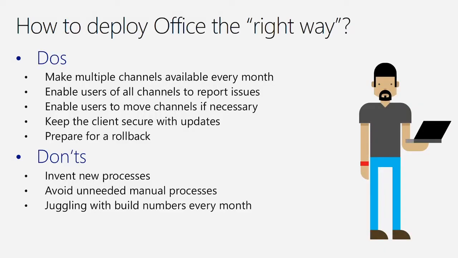Sorry, I kind of flew through that. Next steps and resources. I want to save a little bit of time here. So I'll just say, why do we use multiple channels? The channels are there for a reason. There are some things we're working through to make sure that they're better and more stable, or not stable, but more usable for people in different scenarios. But what should we do coming out of this? Do use the channels for validating and for seeing features. Do use the slower channels if needed for your end users, for stability, for line of business. Definitely enable users in your environment to all report issues.